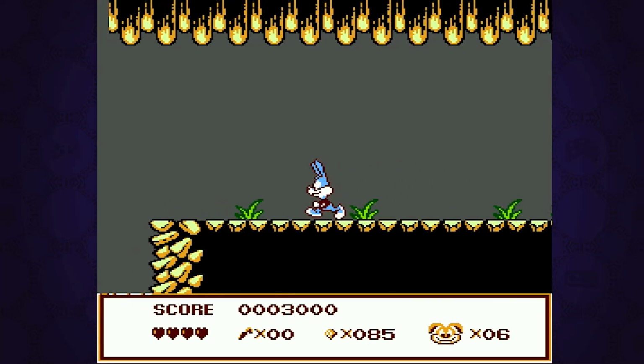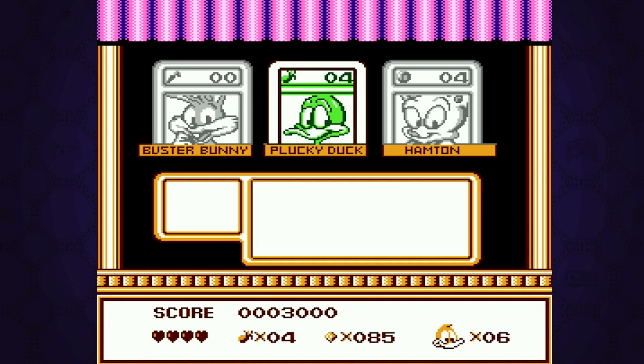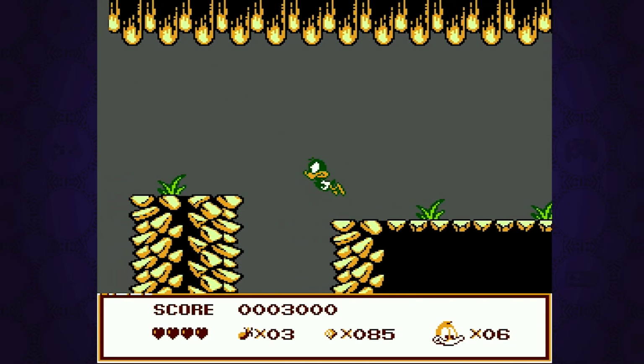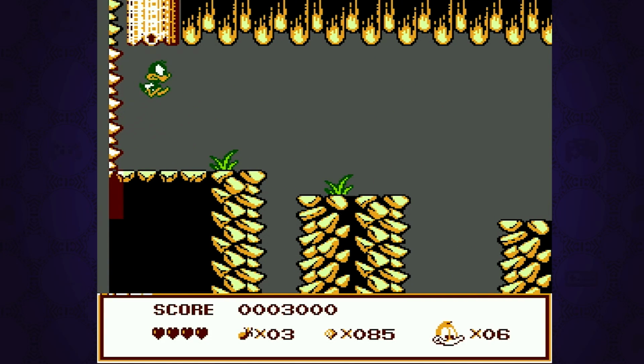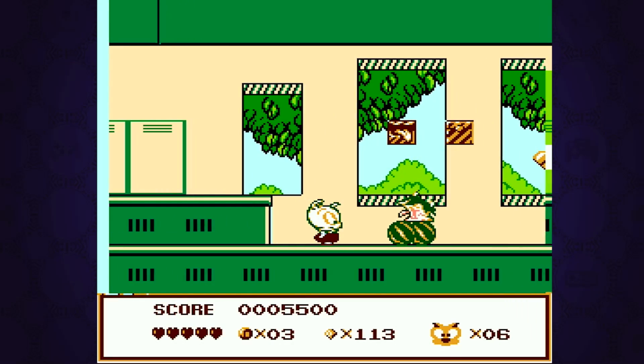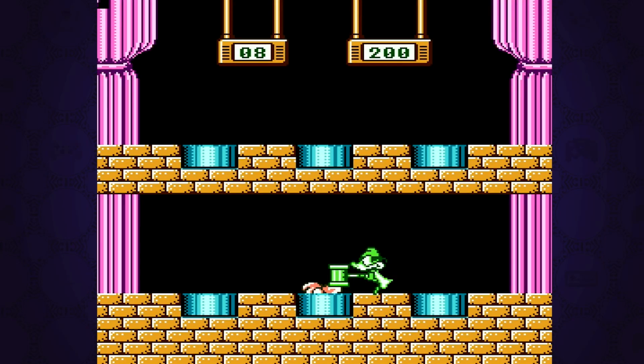Even the swappable character mechanic was pulled off. In the original game, you can choose between Buster, Plucky, or Hampton at any point in time via the pause menu. They all control identically, except for not sharing the same ammo pool for their projectile weapons, those weapons all being thrown at different angles. This was all recreated in this port. Honestly, besides the controls feeling a little weird, I'd say this looks and feels something pretty close to official,